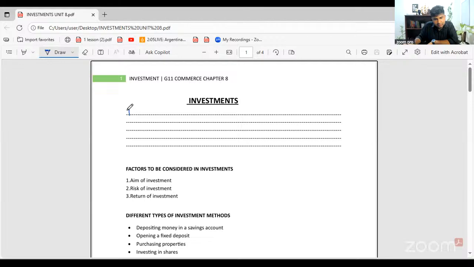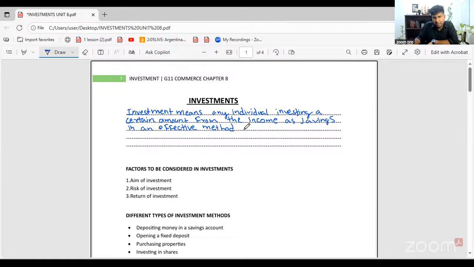Investment means any individual investing a certain amount from the income. He has to invest from the income as savings in an effective method. That means in a useful method, in an effective method, with an expectation